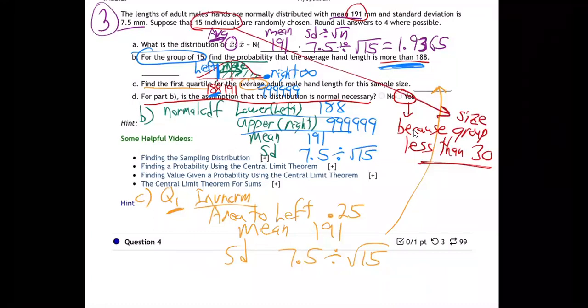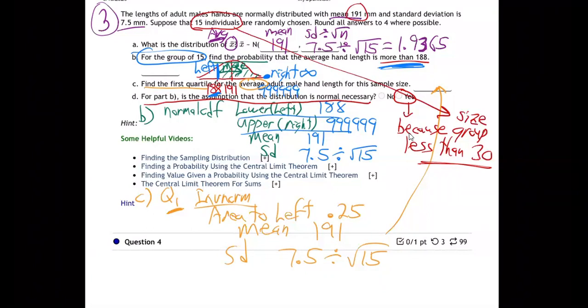So whenever your group size is less than 30, you do need to be told that the distribution does fit a bell curve, a normal curve, because you won't have it automatically. Only statistical science has proven that if we have groups of size 30 or more, then the averages of those groups will automatically have to be normally distributed, a bell curve. But if the group sizes are less than 30, we don't know that automatically, so somebody has to tell us,